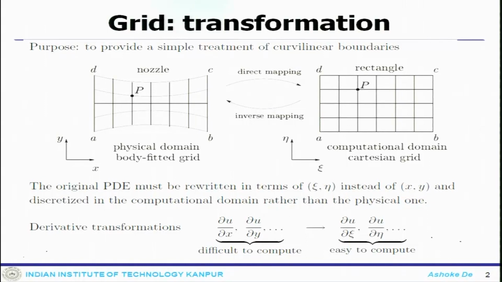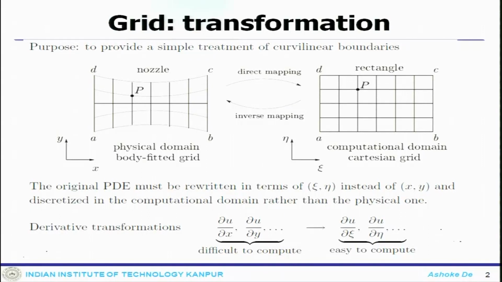This also involves some derivatives, and how the derivatives are transformed. This is very useful for doing complicated geometry calculations. It is not necessarily that you can always use the structured grid. Sometimes you use an unstructured grid, these are options, but one more option is that you can still stay on the structured system, but then you need to do the transformation.